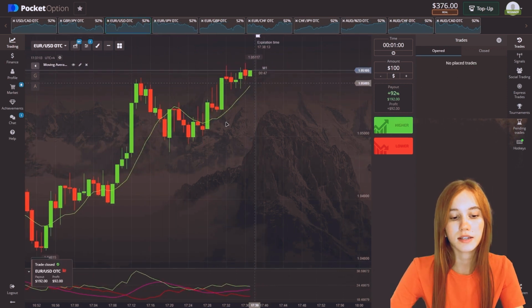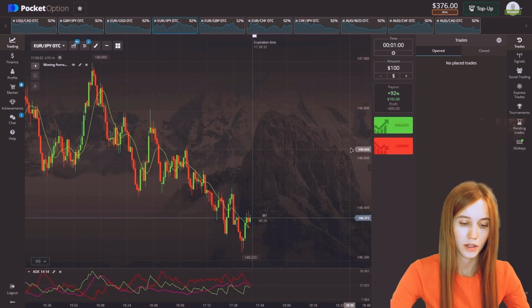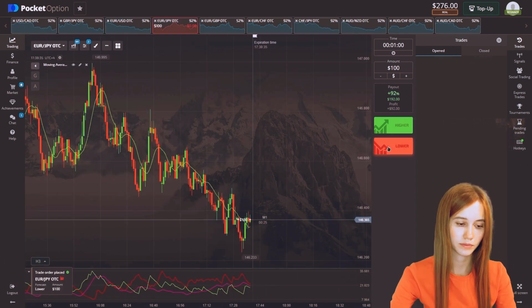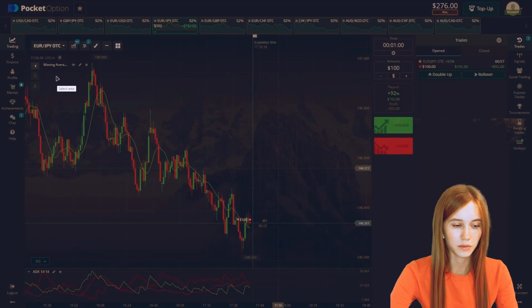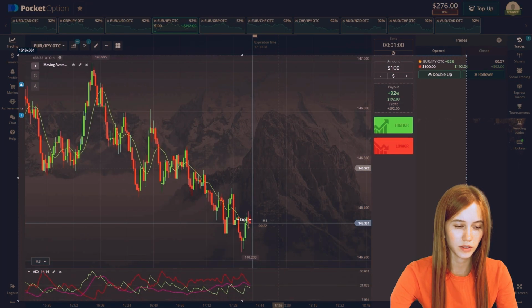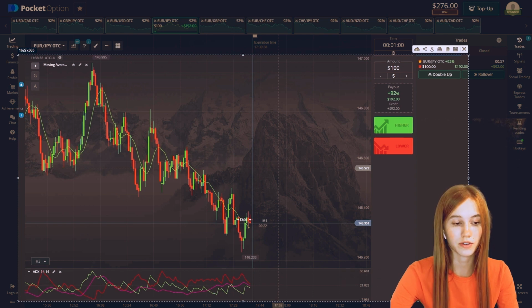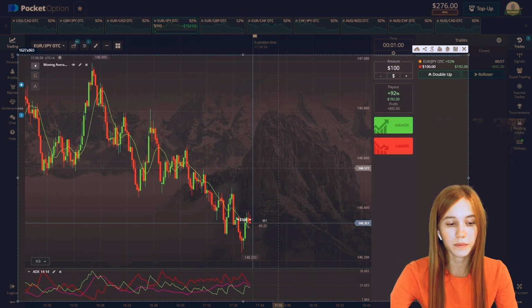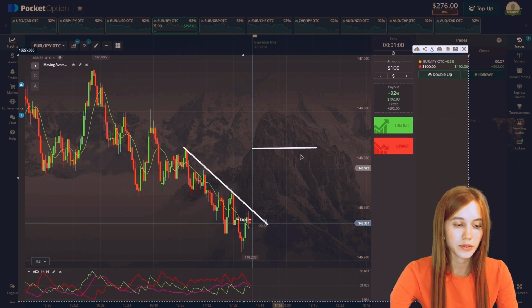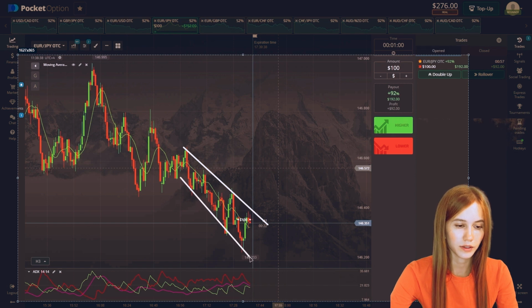Yeah, profit is $92. So let's open up and start our technical analysis. Let's see the situation. The general trend is going down. We'll also highlight the area of the resistance and support. There was a test here on the shadows. Also here, highlight